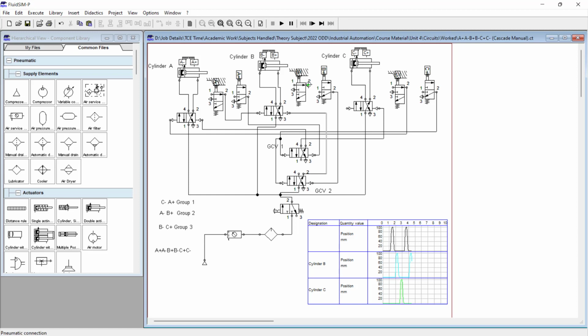So after B minus happens, what should be next? The C cylinder needs to be extended. So after C cylinder extend, what should happen? We need to change the group changing valve position 1. So here from port 4 in the group changing valve 2 will give the power source to the group changing valve 1. So that is the logic here. Okay, so we complete all the